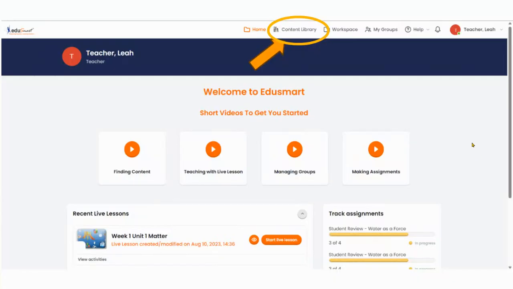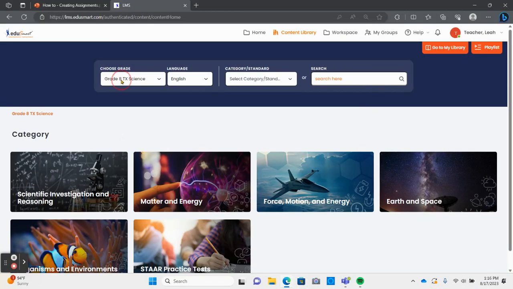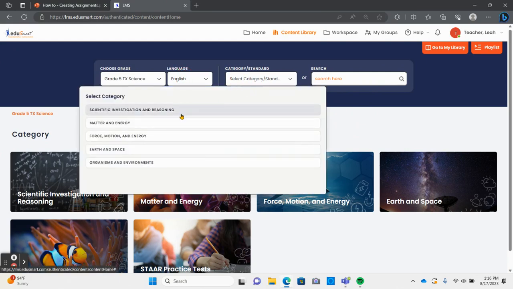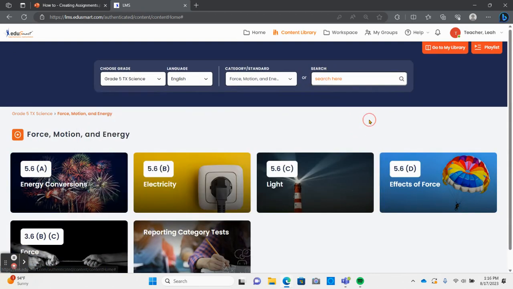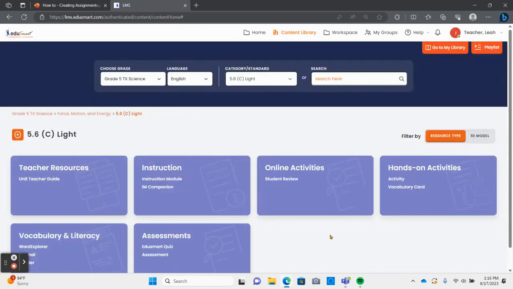To begin, you will need to navigate to the content library. From there, you will choose the grade level, language, and reporting category or big idea that you are wanting to use. Then I can click on the tile with the specific standard in order to see all of the content